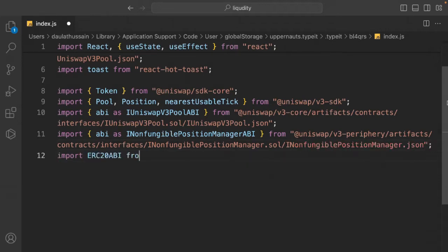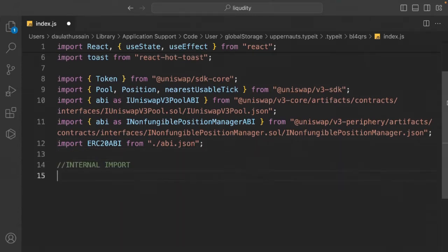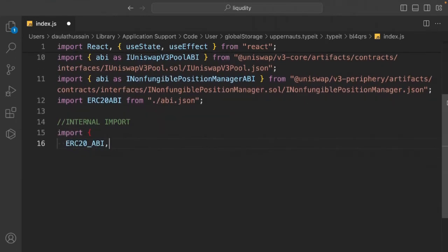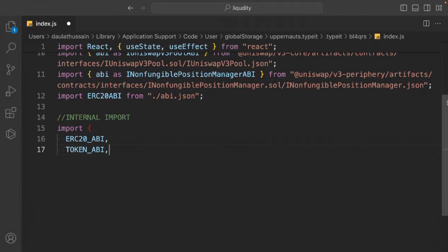Now we have to simply import the ERC20 ABI, and that's coming from our ABI, meaning in the same directory. Now we can simply come back here and do the internal imports, and let's import all of the functions we have built in our utils, in our context constants. So let's say import. We have to import the ERC20 ABI, then we have to import the token ABI, then we have to import this v3 swap router address, then we have to import this connecting contract, then we have to import this factory ABI,